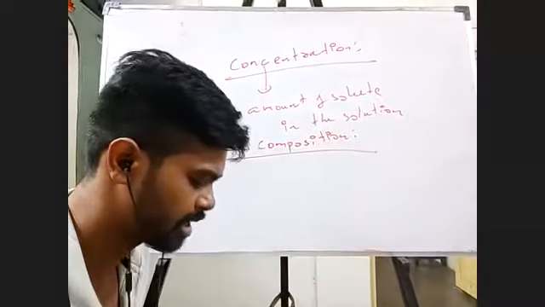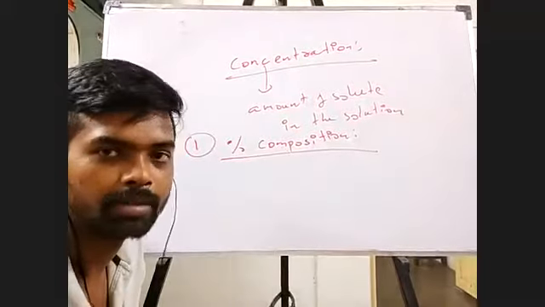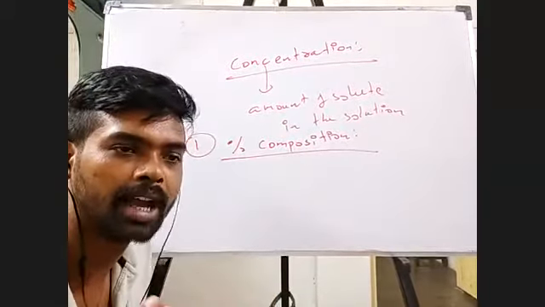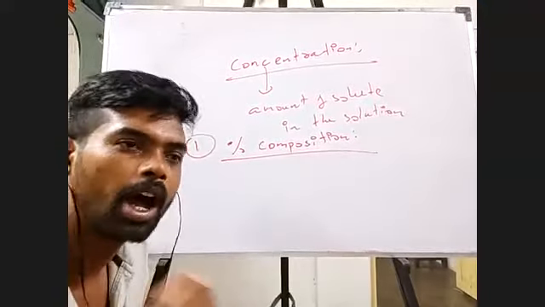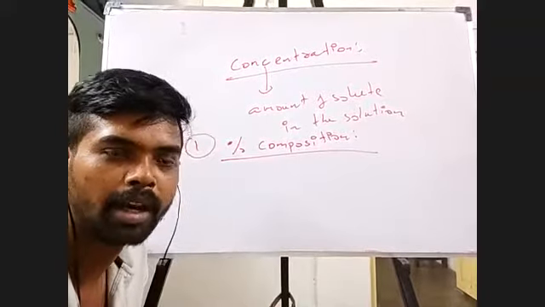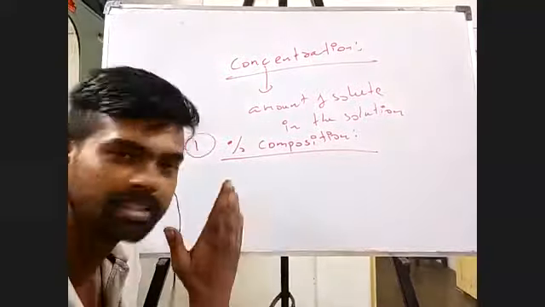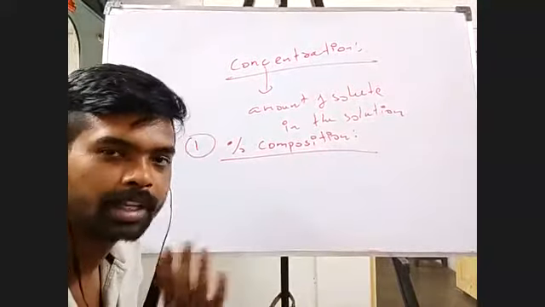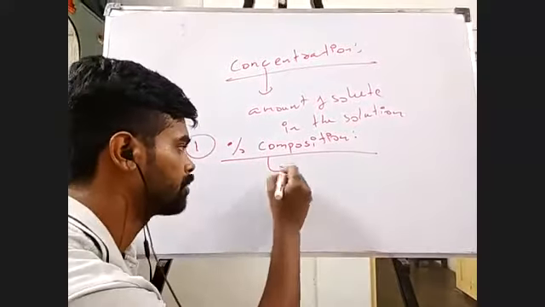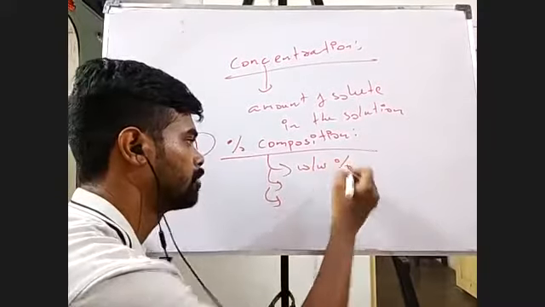You would have already studied this in your 9th class, right? So percentage composition, basically, what do you mean by percentage? Percentage talks about if I have 100 units of something, how much is your required unit? Say if out of 50, I got 25, how much percentage? 50 percent is my mark, right? That is exactly the same thing we are going to do. But the amount in this itself can have 3 different types. The first one is what is called W by W percentage.